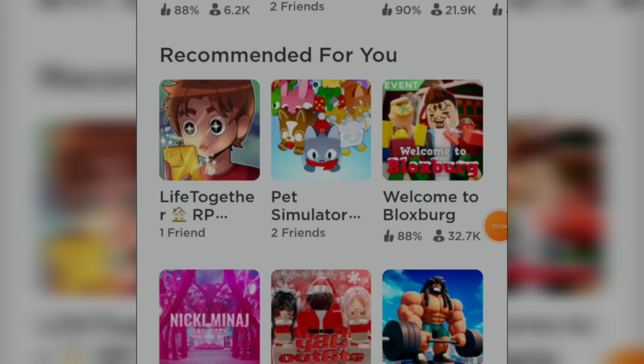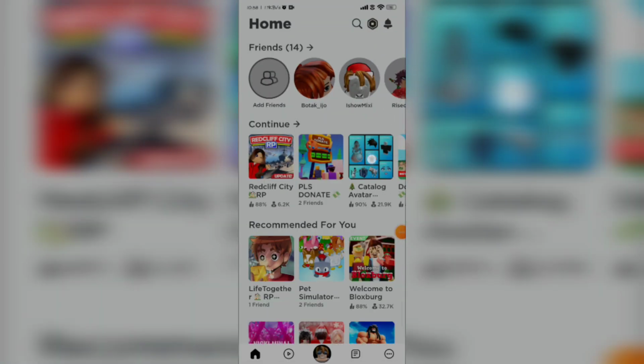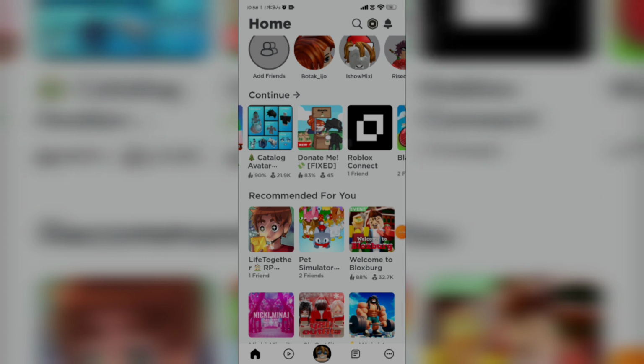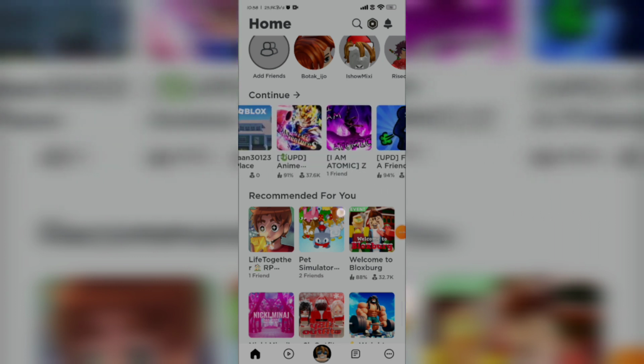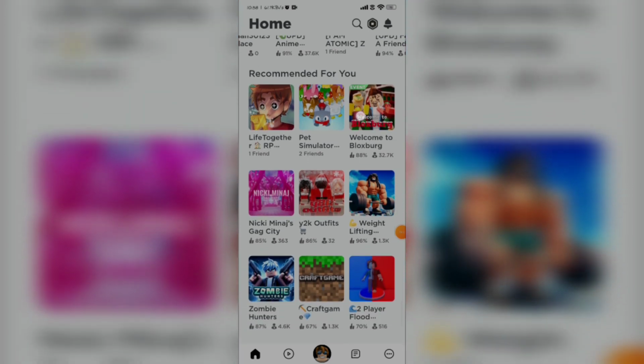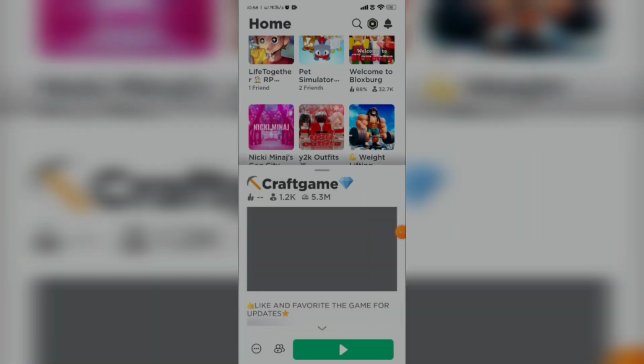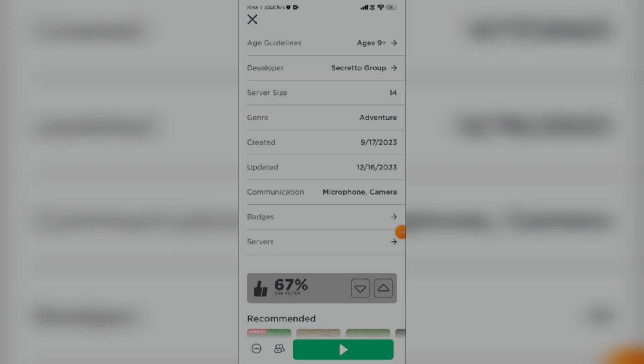So after enabling microphone from here, if you want to enable voice chat, you just need to open any game. If you are opening any game, it must support a microphone as well in its specification. So you can open any game, like let's open this game and see. Yeah, it supports my